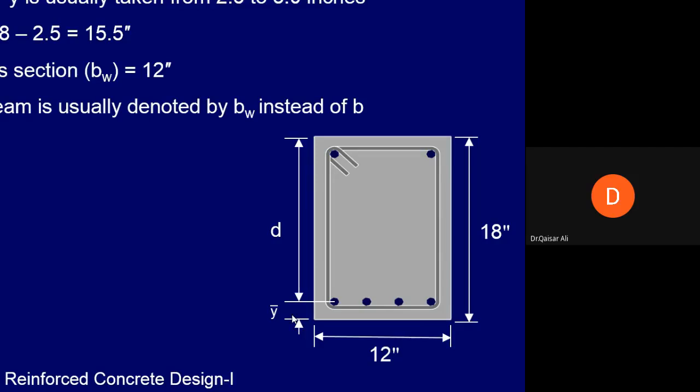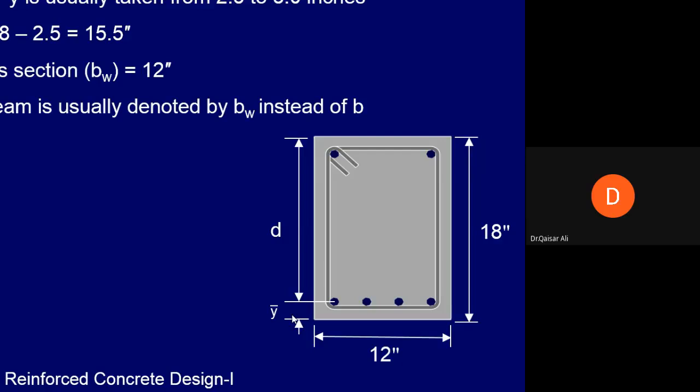Okay. So when Y bar is 2.25, then how much shall be D? D shall be equal to H minus Y bar. H is equal to how much? 18 inch? 15.75. 15.75 inch. Okay. So in the beginning, we can assume any diameter of the bar,